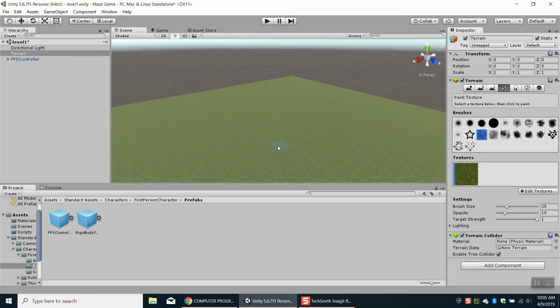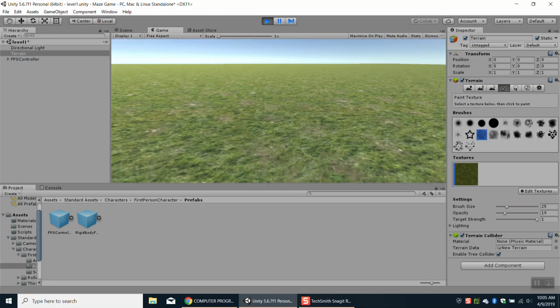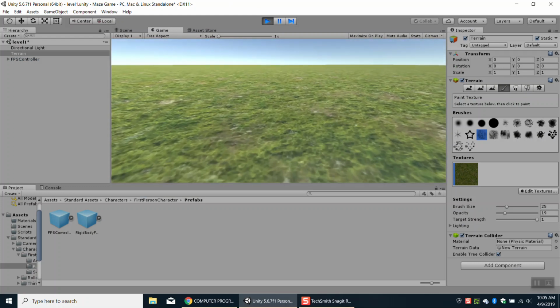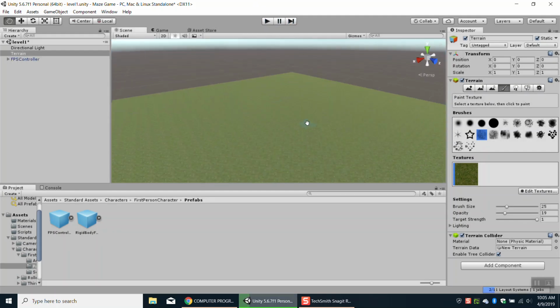Okay, that's exactly what I wanted. So now when I play, I'm just kind of walking on this grass right here. Okay, hit the escape button, hit play. Now, I actually want to make a little bit of rocky area on here, so I'm going to go